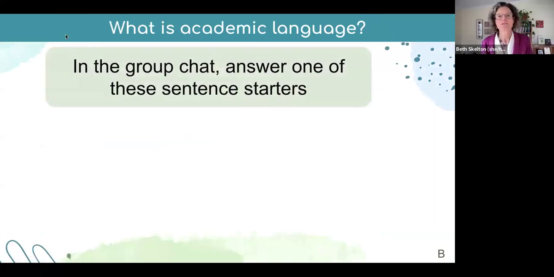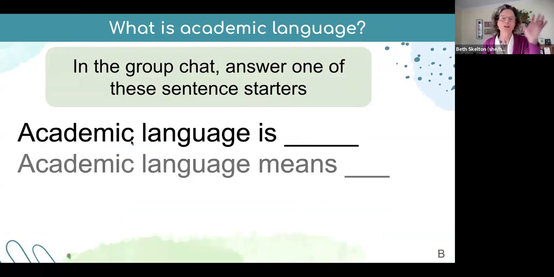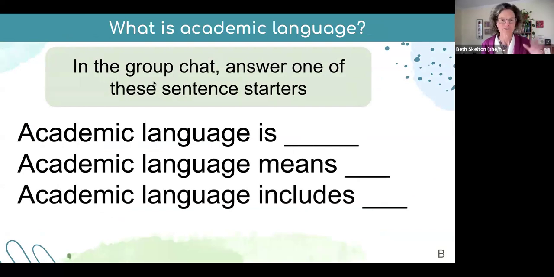So what exactly do we mean with academic language? I see in here we have experts. I know many of you. Please drop in the chat: what does academic language mean? And just a word to fill in the blank, or two, or a phrase. You don't have to write the whole phrase. Academic language is, or it means, or it includes. If you could go ahead and drop those into the chat, that would be great. And Kelly, if you are in the room,